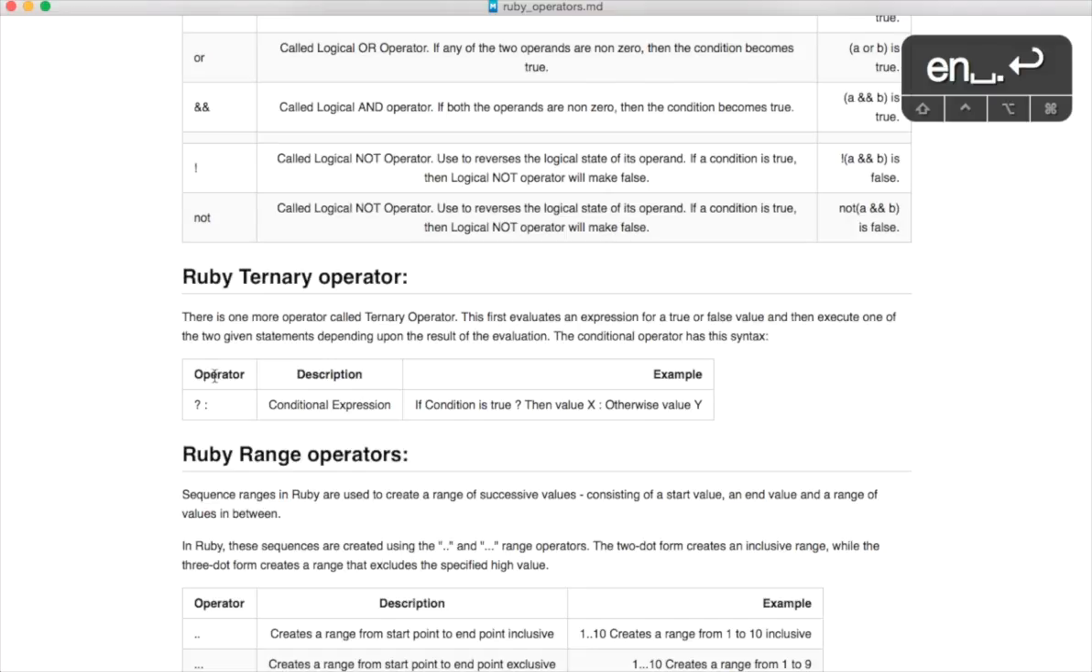So what is a ternary operator? We have this question mark and this colon. Basically, where you would write this out is you have some little code that would sit in front of the question mark, and that's the conditional test. If the condition is true,